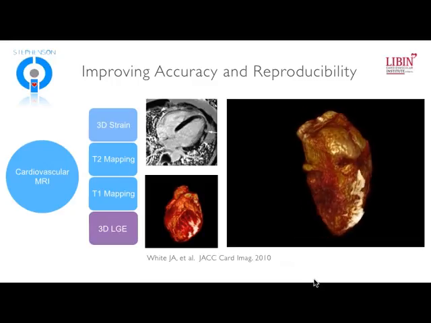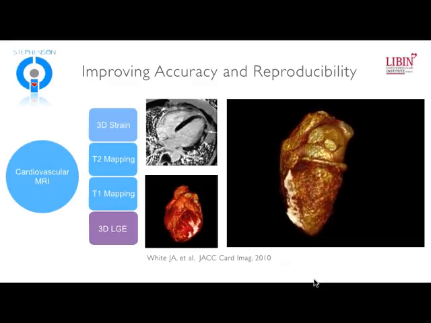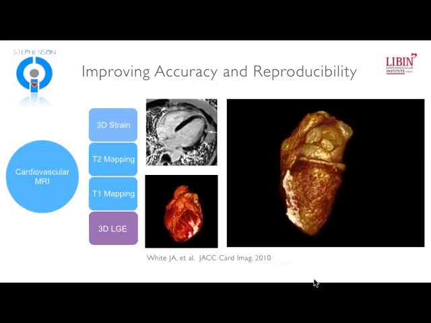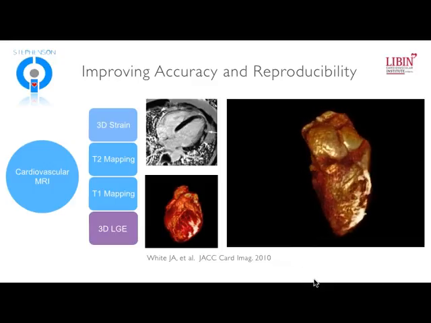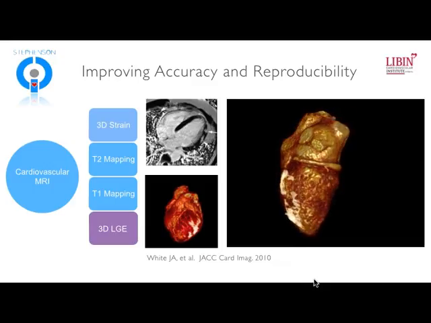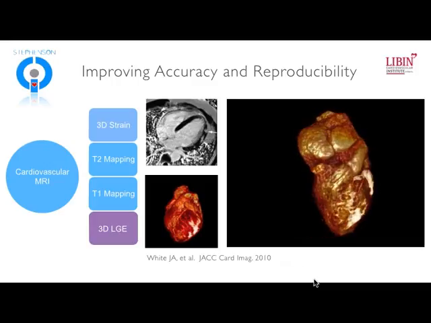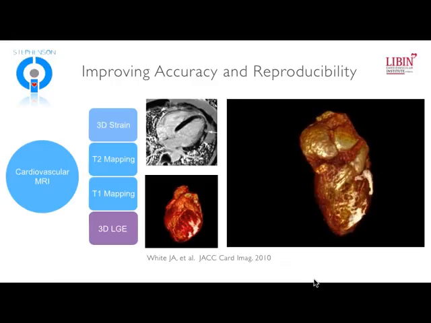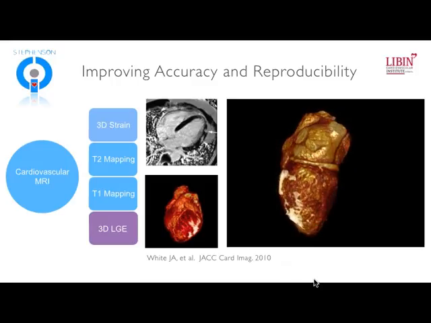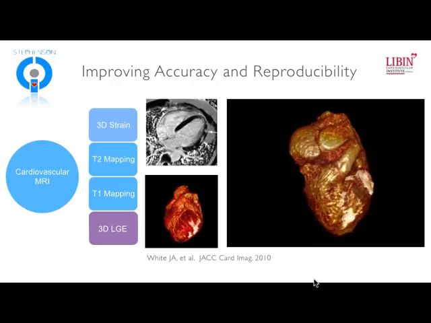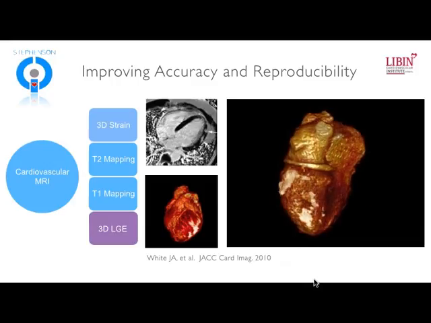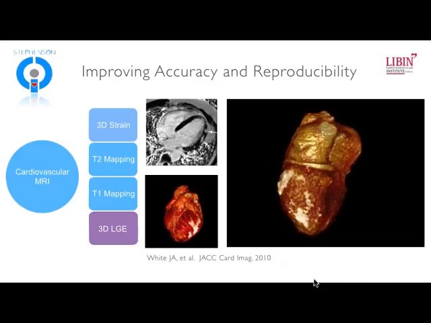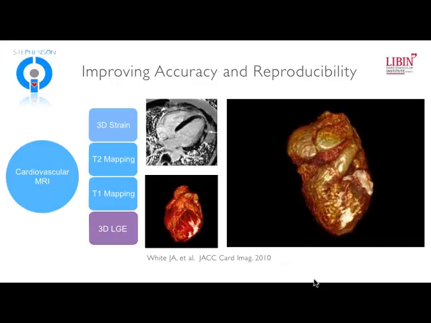So what are other techniques that can be used? Well, not to do injustice to late gadolinium enhancement, we do have the ability to look at the inflammation pattern of myocarditis and look at it in different ways. So this is some work that we've done previously, doing isotropic imaging with late gadolinium enhancement at 3 Tesla, allowing us to get not only a quantitative assessment of burden using segmentation techniques, but also getting an appreciation for the distribution patterns of late gadolinium enhancement in different disease states.